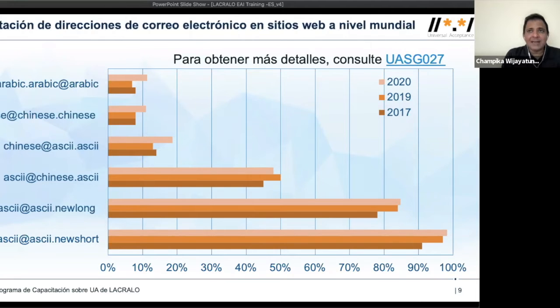When it gets to ASCII versus new short, the support is much better, almost greater than 90%, even though it is not really 100%. But still, because that is very close to our traditional ASCII generic top-level domain based email IDs, that is why ASCII versus new short has got much better support in comparison to some of these local